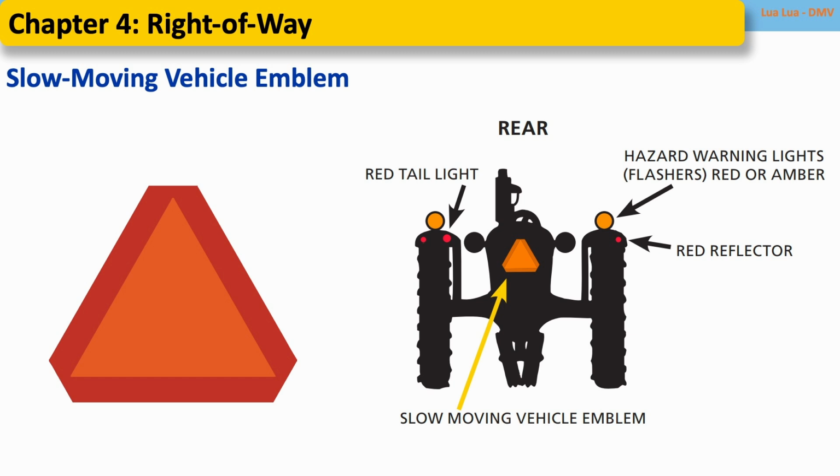Exceptions. The following do not need the special emblem. 1. A vehicle being used in actual construction work while traveling within the limits of a construction area marked as required by the Texas Transportation Commission. 2. An implement or machinery being towed by a slow-moving vehicle bearing an emblem, if this emblem remains visible,